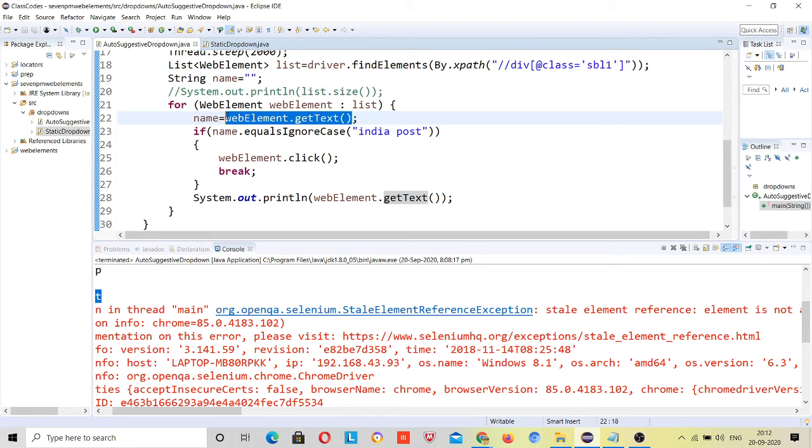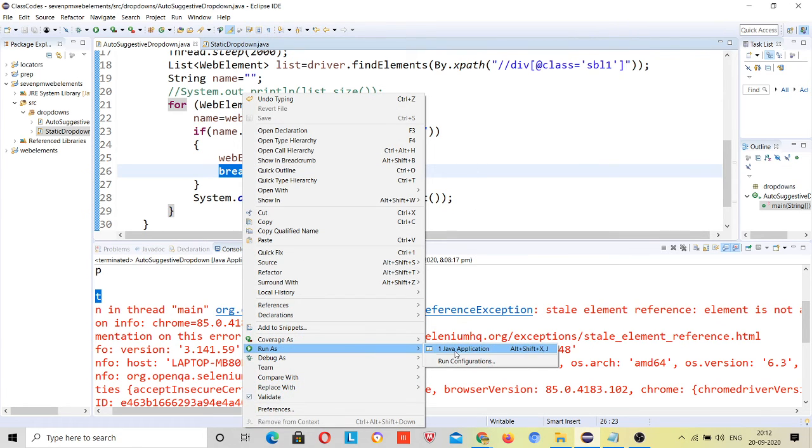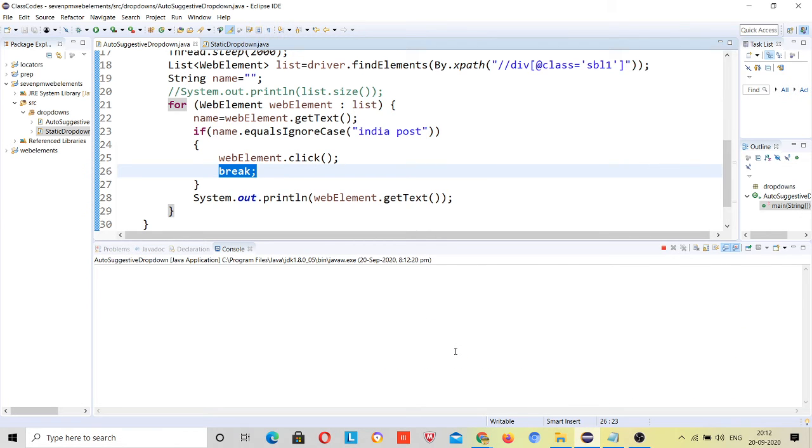Now you are in a different page. So what we did: once I clicked on this web element, I break and I come out of the loop. Once we come out of the loop, it will not try to get text for the others. This is the Java concept of what break does.